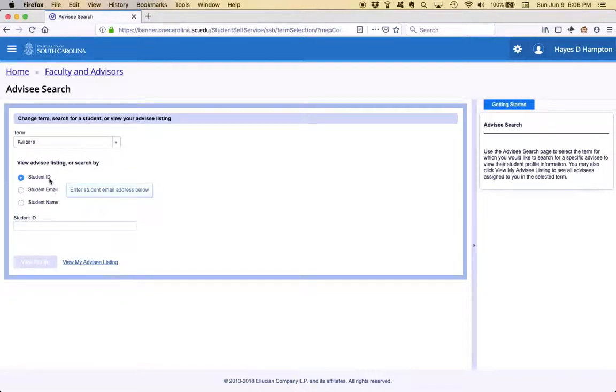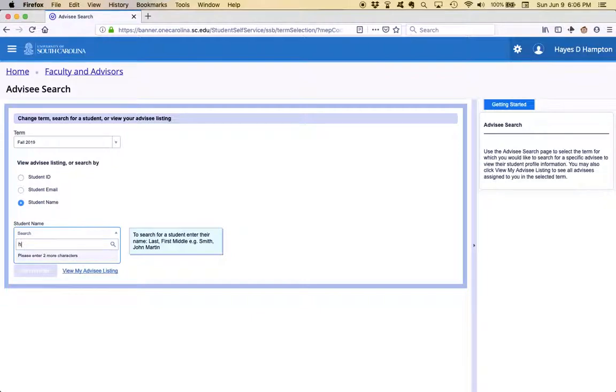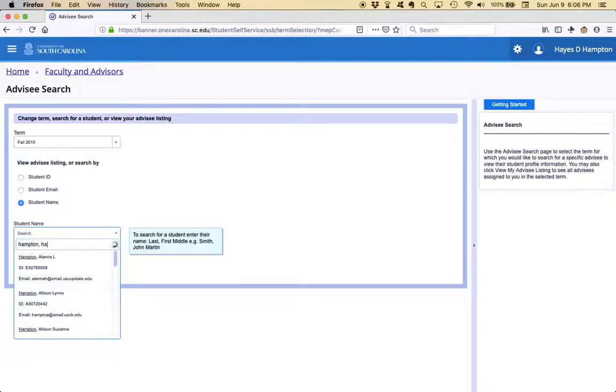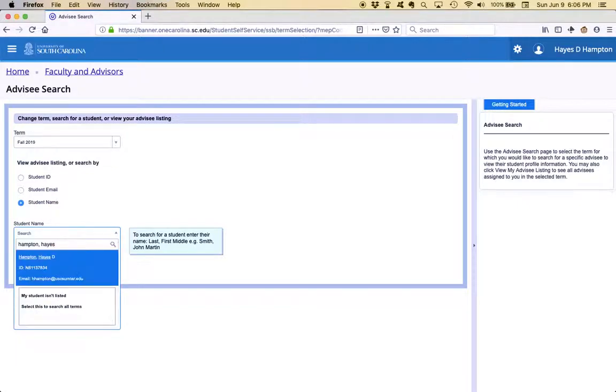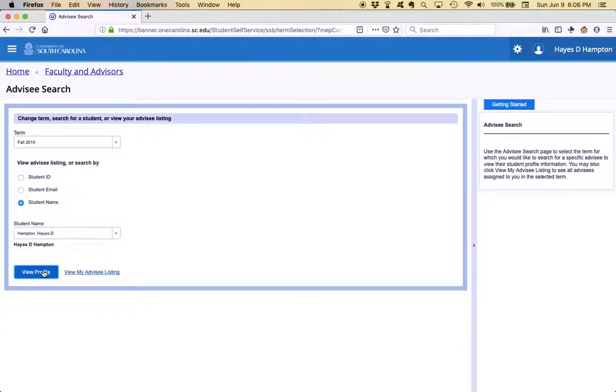You can do their email, ID number, or name. Typically, when it's a NSAR advisee, the name is easiest. So that when they pop up in the list, you click that name, click View Profile, and then you get